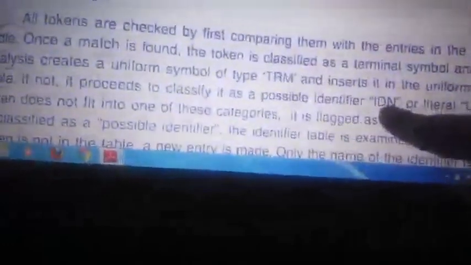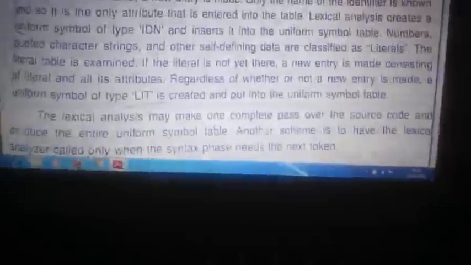Whenever there is an identifier, it will enter it in the identifier table, and whenever there are literals, it will enter them in the literal table. So this was the algorithm. An algorithm is English-like statements. Make your sentences and you can say that it simply stores the literal in the literal table, the identifier in the identifier table, and the terminals in the terminal symbols table.